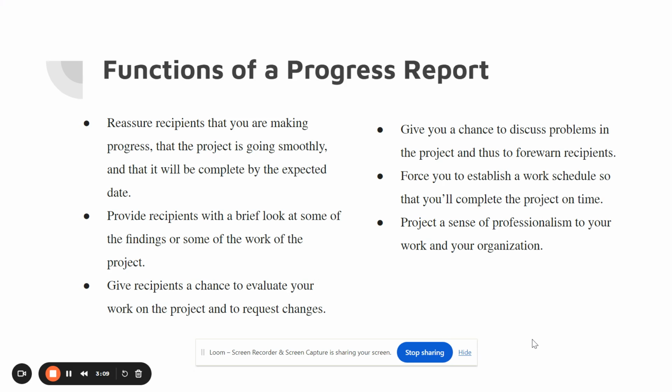It gives you a work schedule. So not only does it establish that there's a work schedule in place for the people who are currently looking at it, but it also establishes a work schedule for you, so you stay on target. That way you don't have to keep saying, well, I wanted to have this accomplished, but now it's going to take 2 more weeks. It makes you stay on target with what you promised. And it gives a sense of professionalism, that you're not doing anything sneaky, that you are keeping them in the